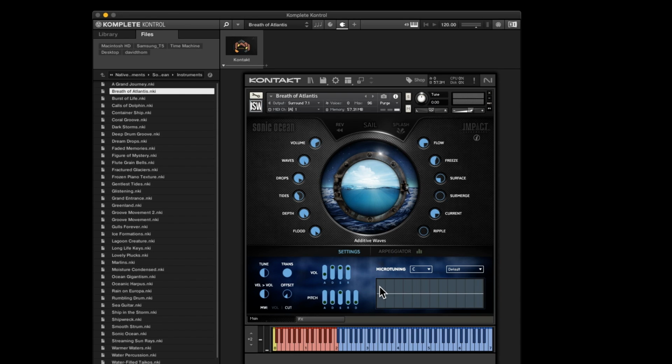So there's additive waves, anchor stones, and then there's Aqua Piano, Aurora, undersea cable, ice drum, depth charge, droplets, drowned piano, kraken horns, glacial crackles, infinite lagoon,